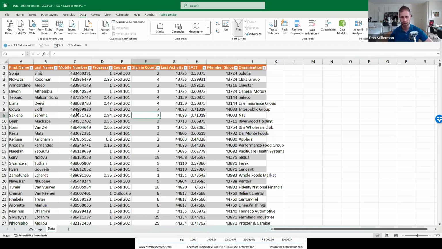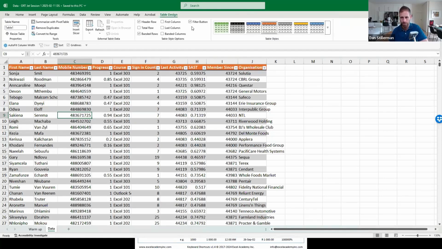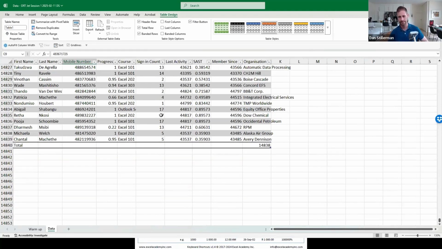We're going to press Control S to save the work that we've done. And we're going to go back to our table design tab. And we've looked at almost all of these tick boxes here. The header row, all right, we might want to turn it off for whatever reason and then turn it back on. Okay, and the total row is really excellent. You'll see here that it says it's a row at the end of the table which displays totals for each column, and there's a keyboard shortcut, Control Shift T, and because we're keyboard people, aren't we? We're going to use Control Shift and T, and you'll notice that here we've got a total row underneath our data. We can turn it off,